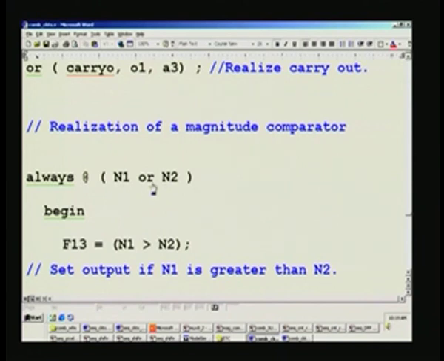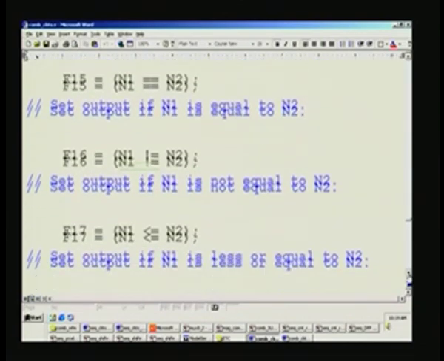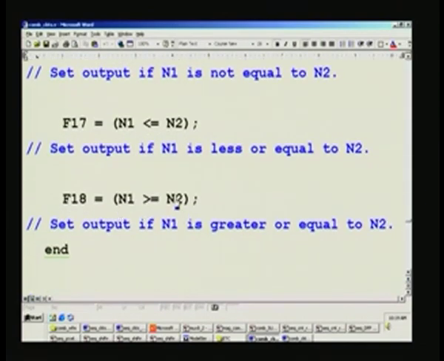So depending upon N1 or N2, it is the always block we had used. It is a simple assignment as depicted in the picture on the slide, and that is what you have up to F18, exactly the same as what you have seen on the slide. And coming back to the waveform for this,